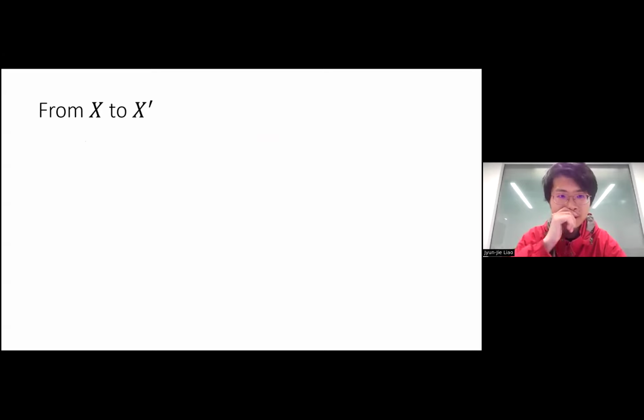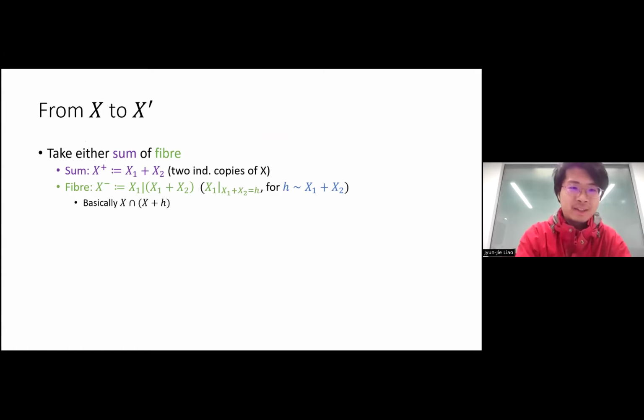So next we describe the operation that we need to make to turn a distribution into a new one. So it's exactly as what we described. We need to take either the sum or the fiber. And the choice of sum will just be taking two independent copies of X and add them. And it's very natural. And for the fiber, we actually have a more clever way to define it, which is X1 conditioned on X1 plus X2, which means like we read